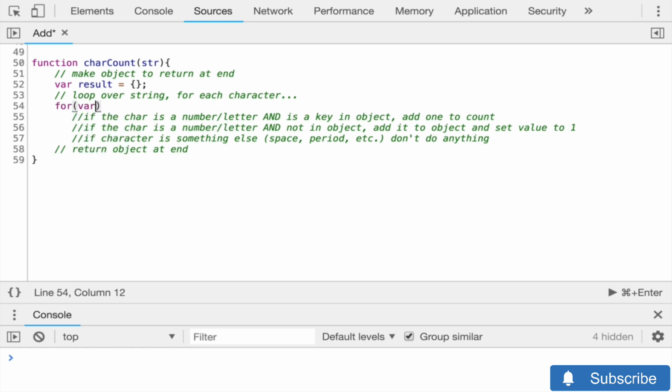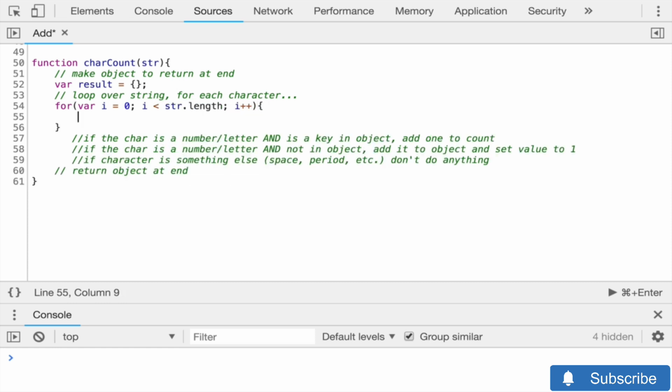Loop over the string for each character. So I'll just do for var i equals 0, i is less than string.length. All right, then this gives me each character, and we can start off by just adding each character into that object or checking if it's in that object. So ignore the number letter part, ignore alphanumeric, ignore the casing even, and just check if that exact character is